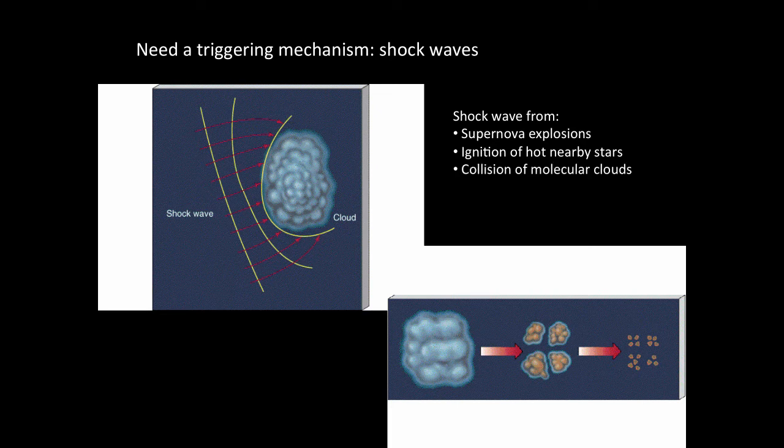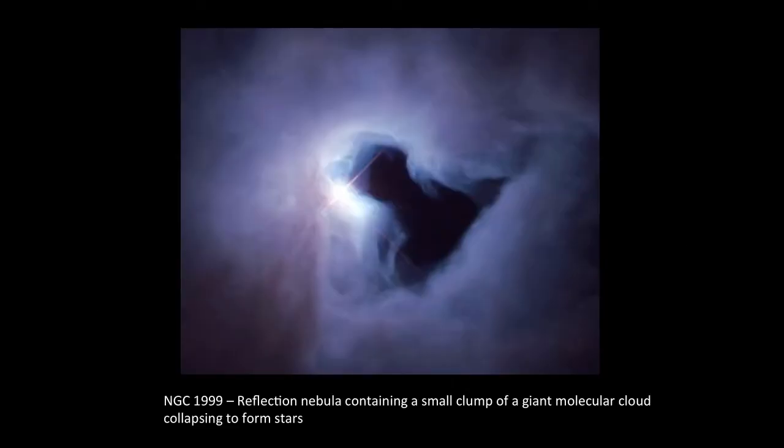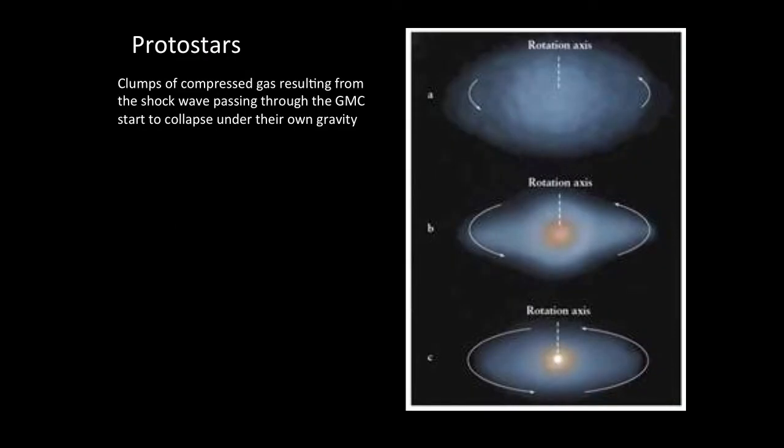They can also be triggered by different clouds colliding with each other, as I've already mentioned. They can also be caused by the spiral pattern of the galaxy, which, as we will see later on, is actually a density wave propagating through the galaxy. Here's a picture of a reflection nebula containing a small clump of a giant molecular cloud which is undergoing collapse to form new stars. So if we finally got the bit of cloud collapsing to form a star, what happens